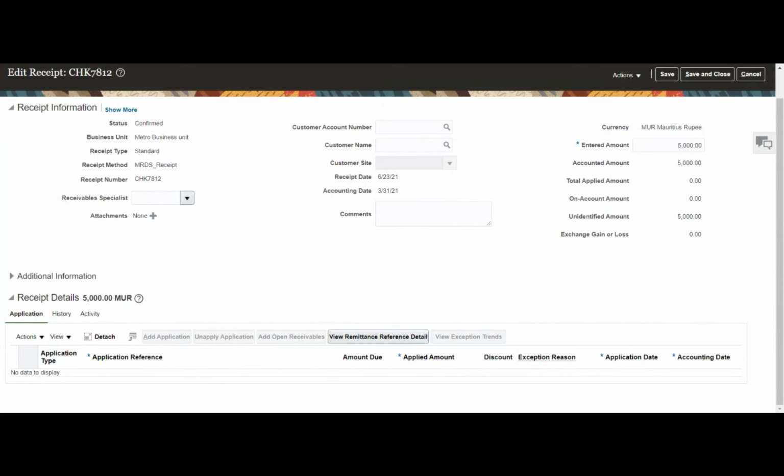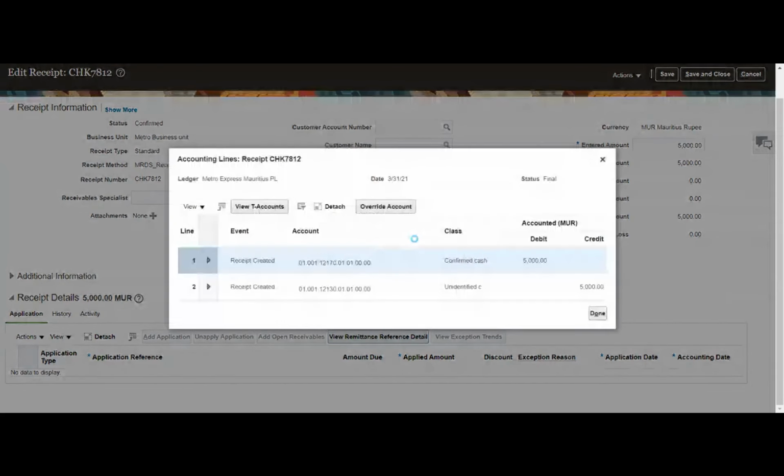Okay, so I'll just save this and probably what we will do is account this, and then we will do the remittance process. Okay.